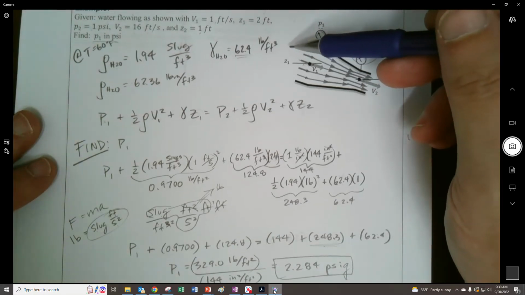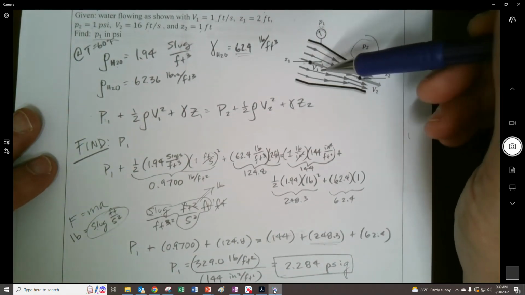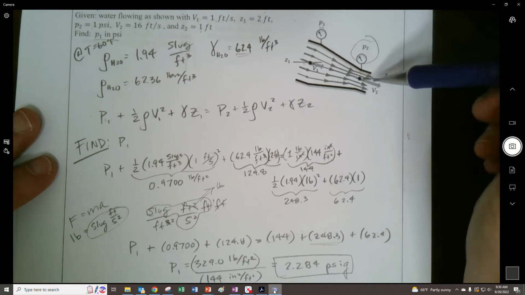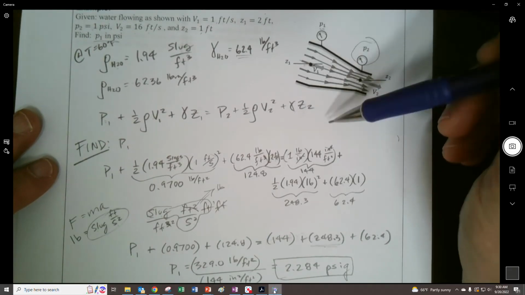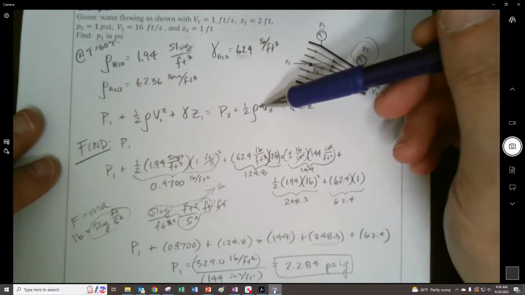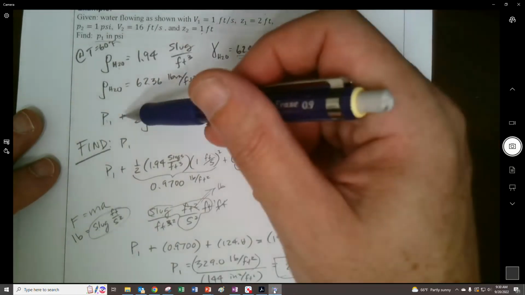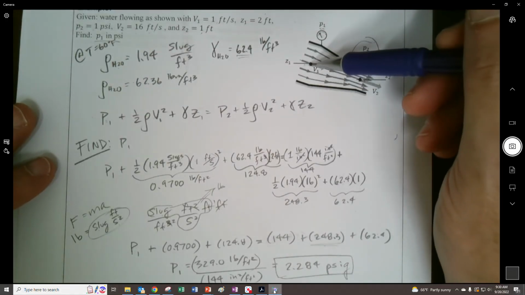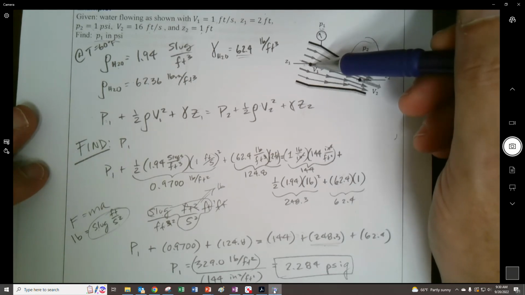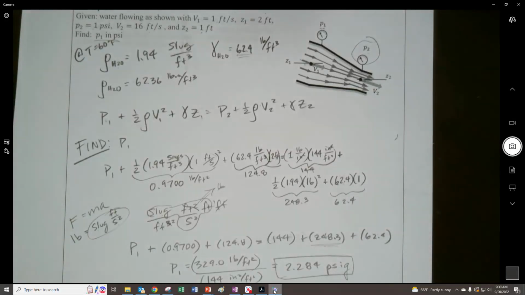In order to use Bernoulli, the problem has to obey the 4 rules, right? So it's along a streamline. I've drawn it along a streamline. It's kind of understood that it was. It's going to be incompressible, right? So the density remains the same here as there, and it's inviscid because there are no viscosity forces taking place right here. Incompressible, inviscid, along a streamline, and